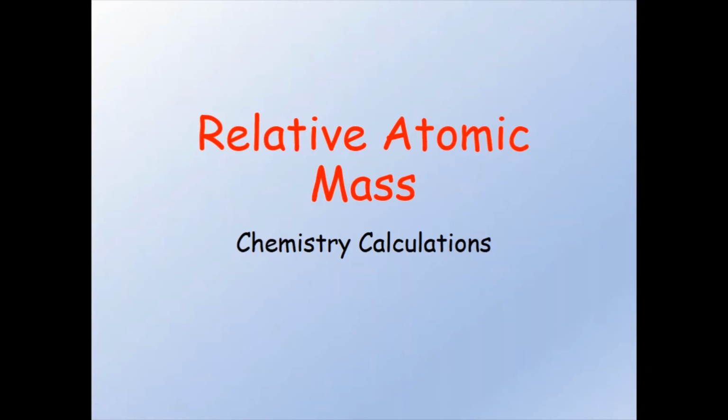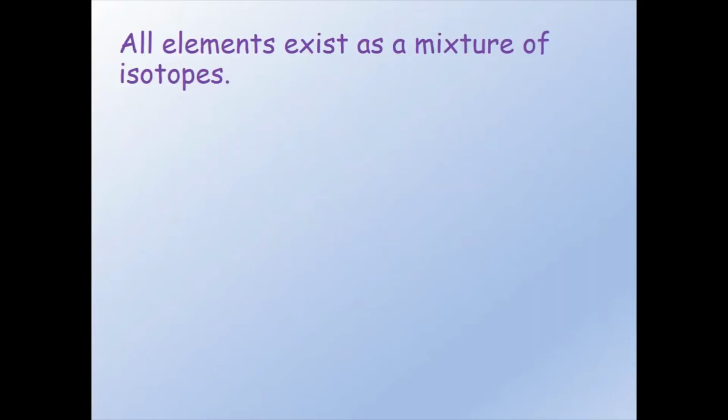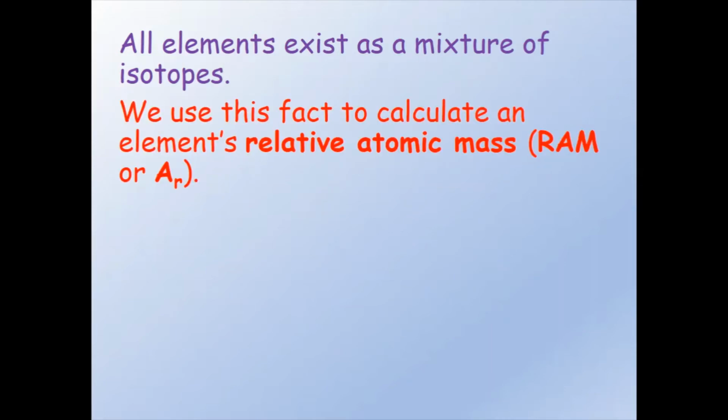In this video we are going to look at how to calculate relative atomic mass, and at the beginning we are also going to look at some of the theory behind relative atomic mass. All elements exist as a mixture of isotopes. We use this fact to calculate an element's relative atomic mass, and the abbreviation for relative atomic mass is RAM,